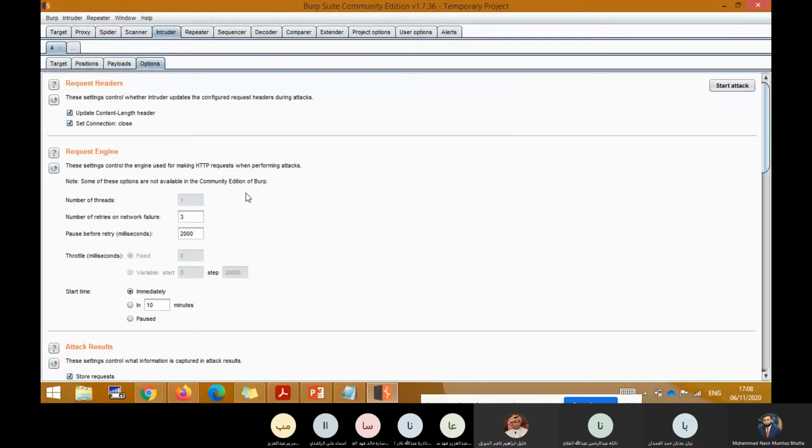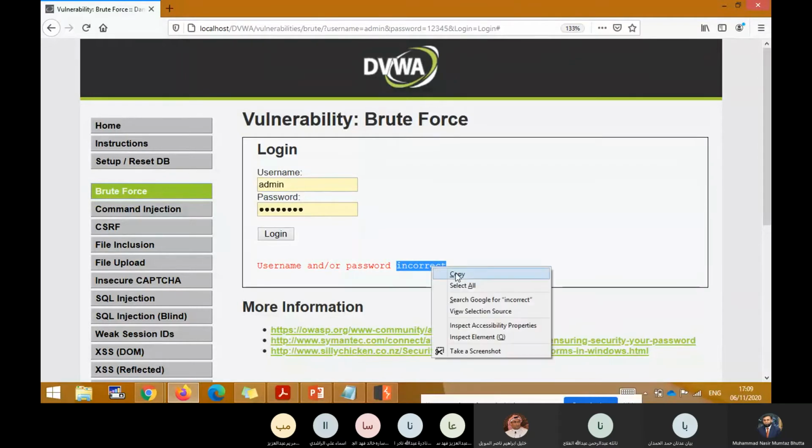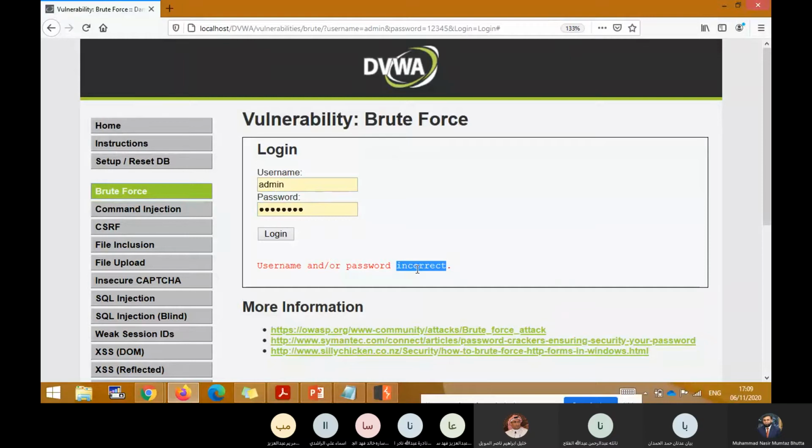Okay. Now, what happens most of the time, we don't know the correct password. That's why we are here to attack, right? If we know the correct password, then there is no way that we can successfully test that this is a correct password. So what we do, we observe the incorrect behavior. We observe what is the wrong behavior. So when we enter incorrectly, we can see the word incorrect is coming. This word incorrect is common when there is an error. So I copy this because we don't know the successful password. So that was just to show you the example.